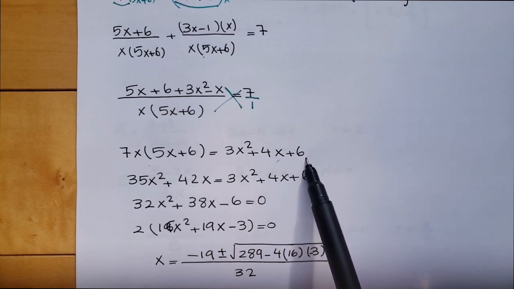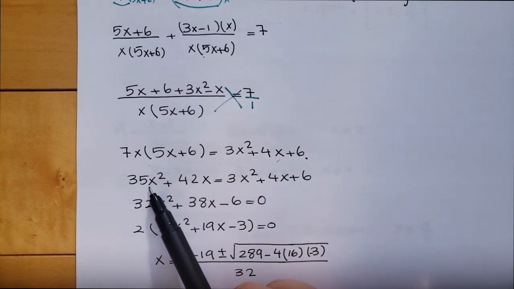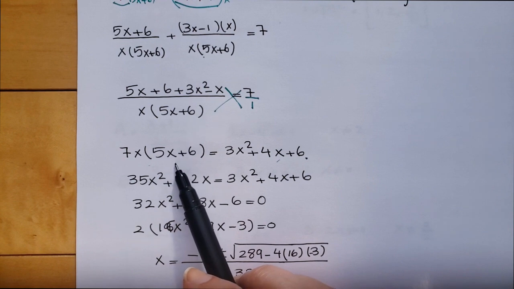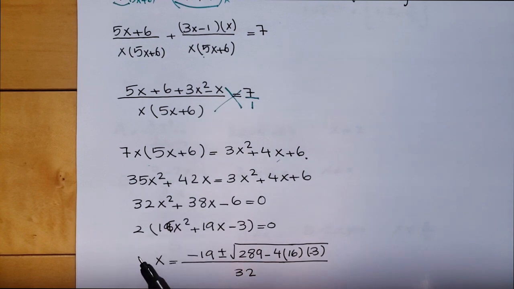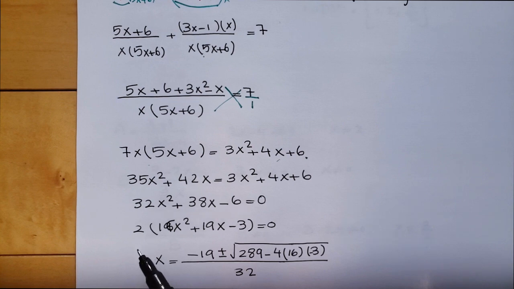4x plus 6. Okay, now I start by doing the FOIL rule or multiplication and moving everything to one side and adding or subtracting the like terms, and at the end I would have this quadratic equation. I will factorize the 2 to make the coefficients smaller, and then I will end up with 2 multiplied by 16x squared plus 19x minus 3, and then I substitute the values to get the root, which would be negative 19